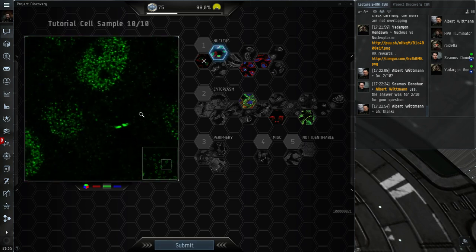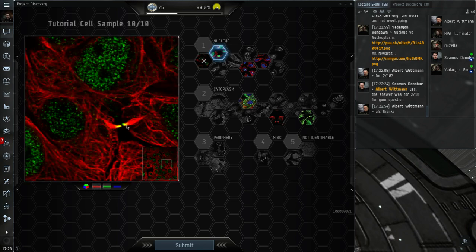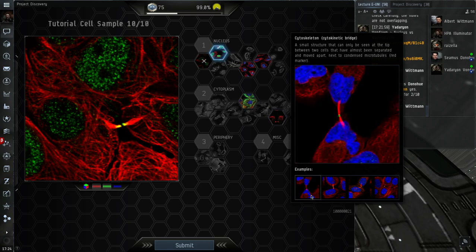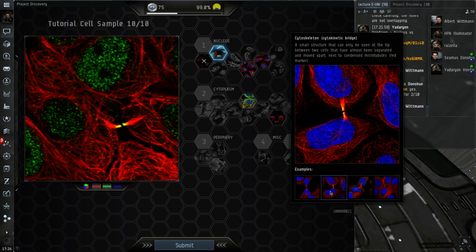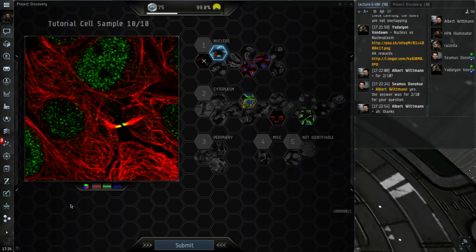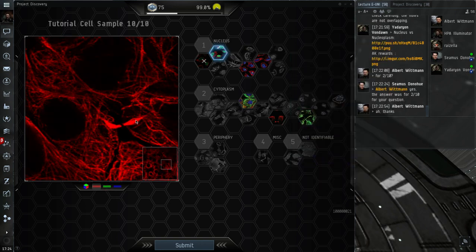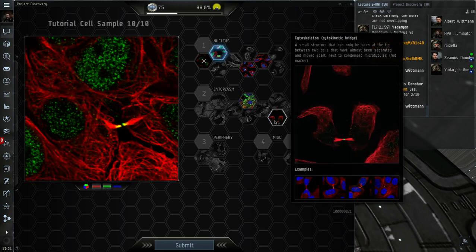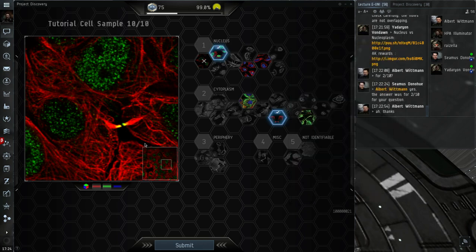And then we also have a staining here, which we can see in red is the cytokinetic bridge. Some people have said that it took a while for them to understand that you should only label cytokinetic bridge when you see the staining in green, not in red. So if you only see the red staining looking like this, yes, it's a cytokinetic bridge, but you should only label it when the staining is actually green in the tip. So here we will label cytokinetic bridge.